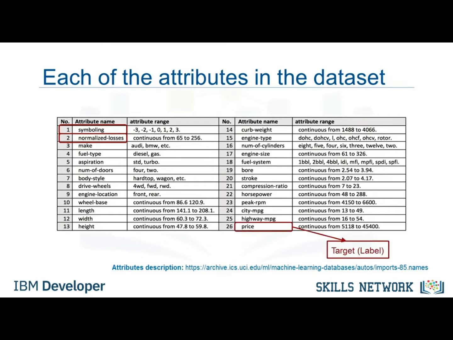Okay, after we understand the meaning of each feature, we'll notice that the 26th attribute is price. This is our target value or label, in other words. This means price is the value that we want to predict from the dataset, and the predictors should be all the other variables listed, like symboling, normalized losses, make, and so on. Thus, the goal of this project is to predict price in terms of other car features. Just a quick note, this dataset is actually from 1985, so the car prices for the models may seem a little low, but just bear in mind that the goal of this exercise is to learn how to analyze the